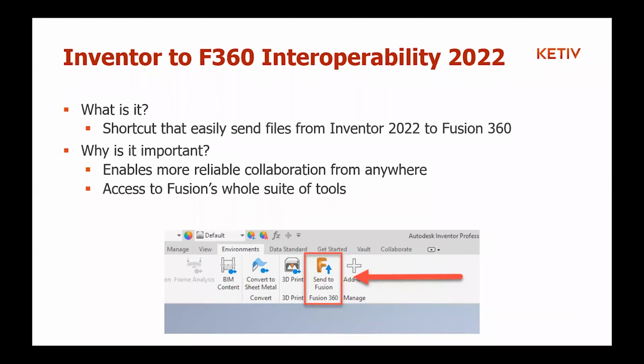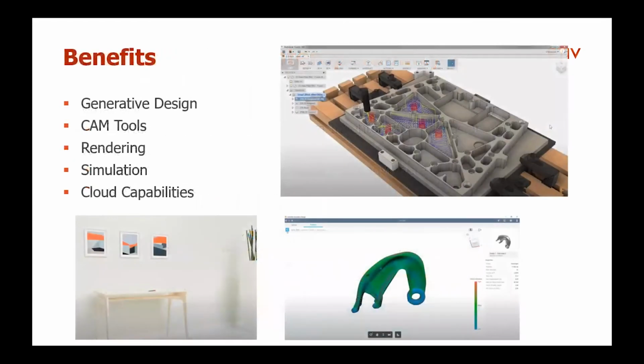And just a reminder, this is specifically for Inventor 2022. I know a lot of people aren't there yet, but I just want to make sure you are aware that once that comes out, you will have access to this quick and easy button. And not only that, you'll be able to gain access to Fusion's entire suite of tools, which I have listed here. So whether you're trying to create this alien-looking optimized design with generative design at the bottom right, whether you're sending it out to Fusion to take advantage of its advanced CAM tools,